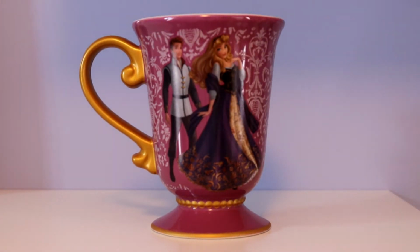I love the colors on here. Also, the handle is a very nice handle. It does have a bit of a grainy texture to it, but again, just a beautiful mug. I have 2 more in this collection. The next one I'm going to show you is